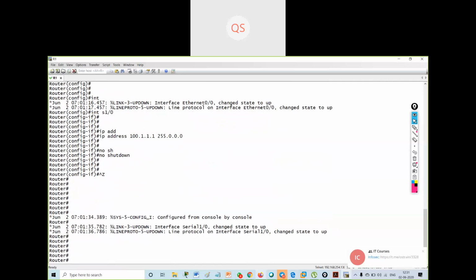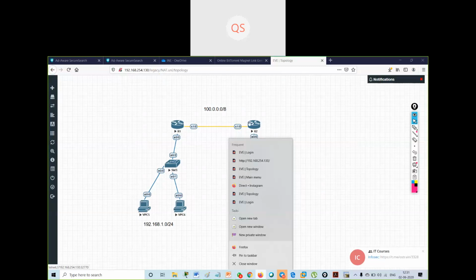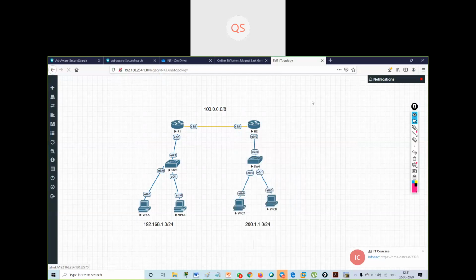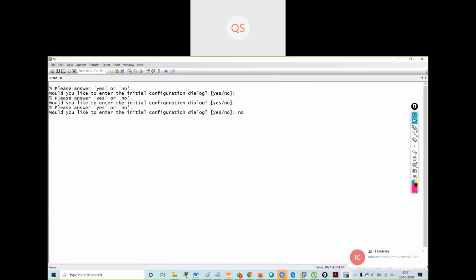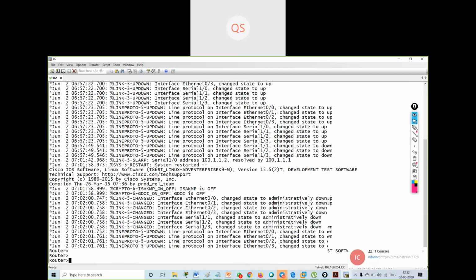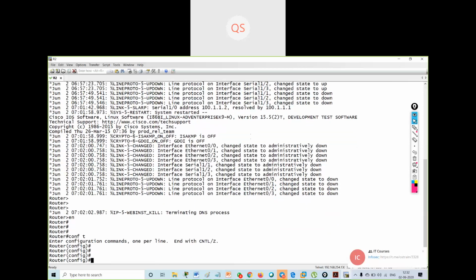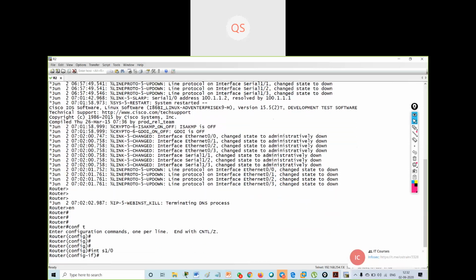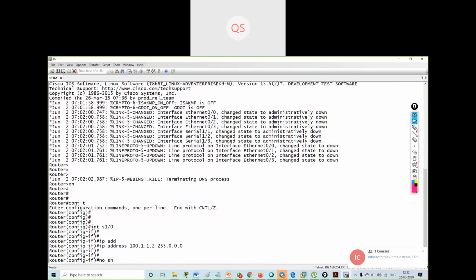Then I'll go on R2. This is my ISP's router. Enable, config T, interface serial 1/0, IP address 100.1.1.2, 255.0.0.0, no shut.